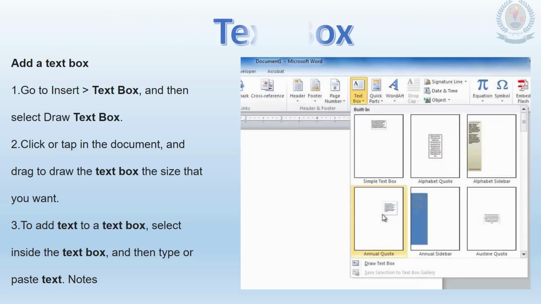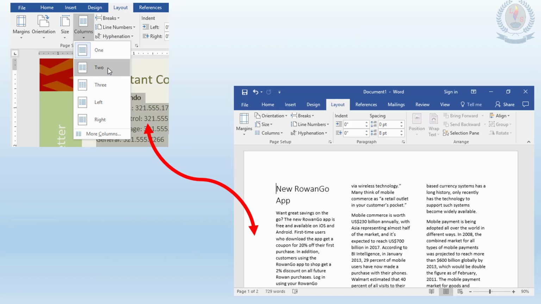The next one is text boxes. Without just typing in the document, you can use a text box. Once you insert the text box, you can type your text within the text box, and you can drag it like an image, the whole thing together, right? So how do you do that? First you go to the Insert tab, and there you have this text box option. Click this drop down arrow, you will find different formats of text boxes. Once you click, the text box will appear on the screen, then you can type the text inside it.